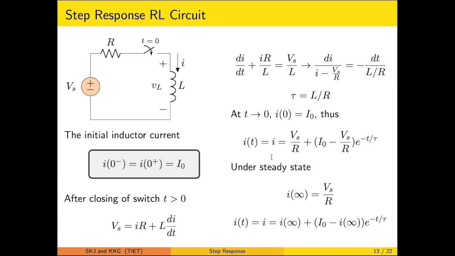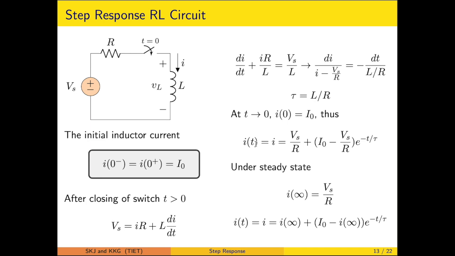Now on the analogous line we can carry forward the discussion for the RL circuit. Say we are considering that there will be a DC source continuously in the circuit after the initiation of the switching operation. So the behavior is represented likewise. Before that, the initial inductor was carrying the initial current of I0. After the closing of the switch, the KVL relationship is Vs is equal to IR plus L